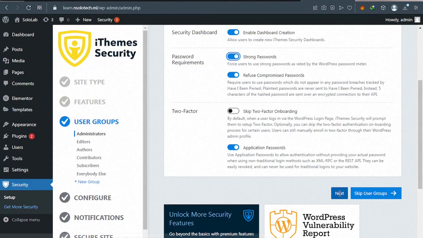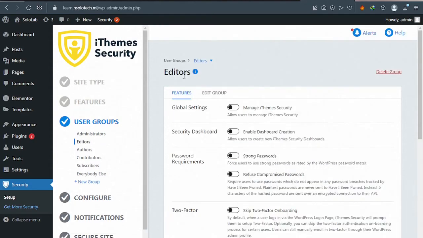Good. So the next one is editors. Okay, we don't want to work with editors on this website. But if you want to work with editors, you can also enable this iThemes Security feature for them, so that inside their login they can also enable their own security, because your